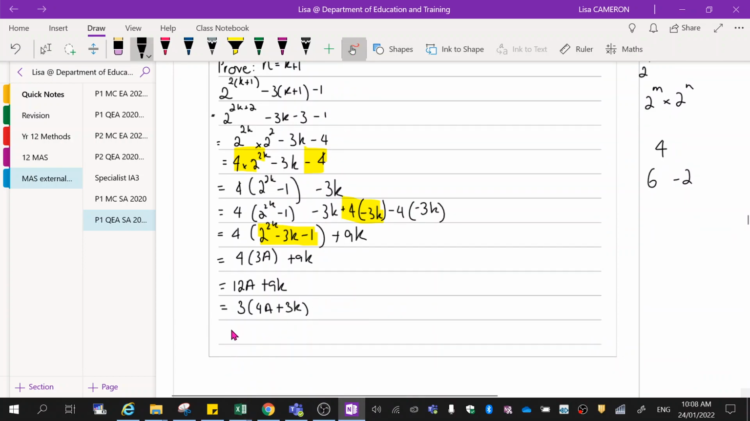So, therefore, this is proven true. We'll write the whole thing. Therefore, 2 to the power of 2n minus 3n minus 1, remember, this means is divisible by 3, is proven by mathematical induction